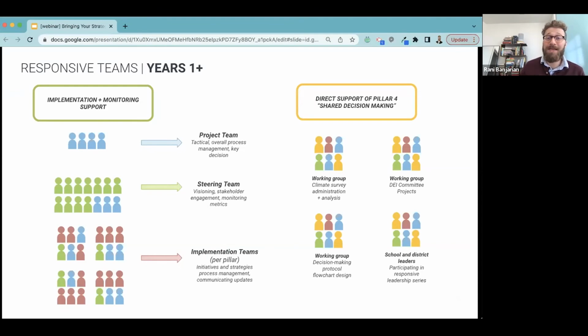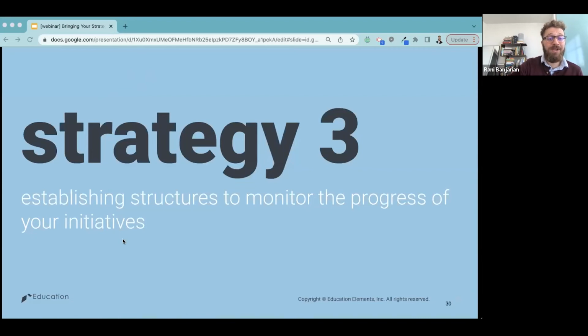We also want representation from the educators and the teachers in the buildings. And so that's one way that you can really build buy-in from the staff. And so moving on to the third strategy is this idea of establishing structures to monitor the progress of your